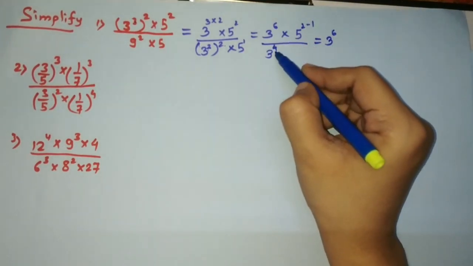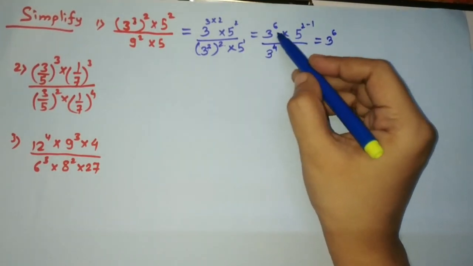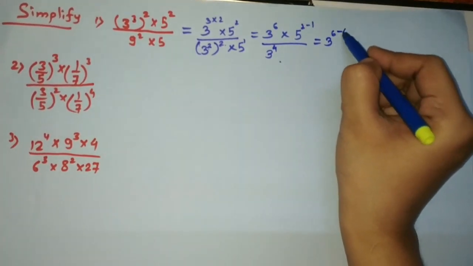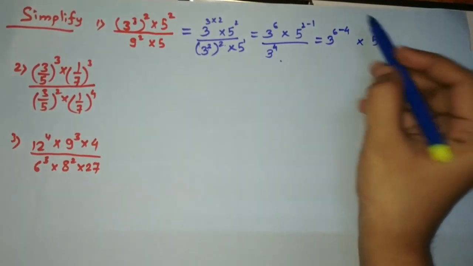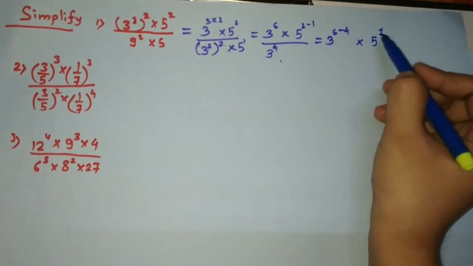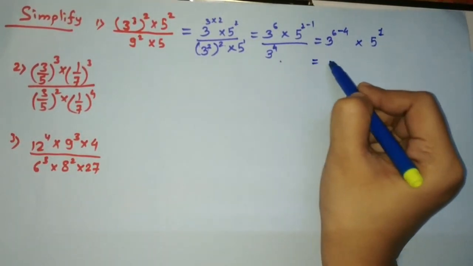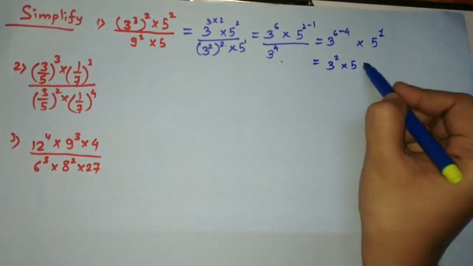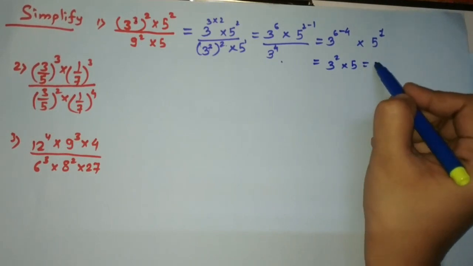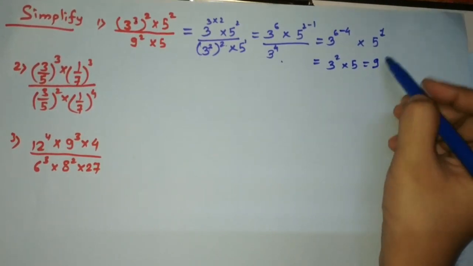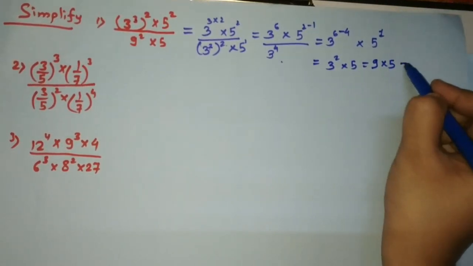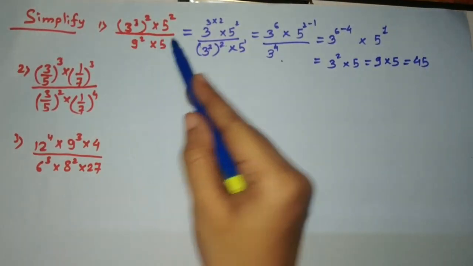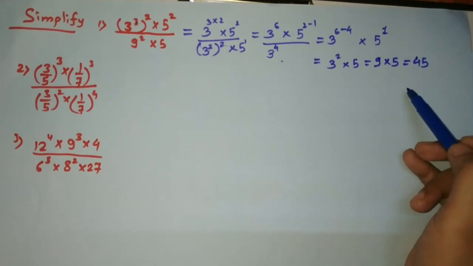And this 6 and this 4. Again we will do the subtraction. 6 factors are of 3 and the 4 factors are of 3, means we'll subtract 6 minus 4. And in here 2 minus 1 is 1. Or just simply you can write 5. So friends, what is it here? 3 to the power 2 into 5 only. 3 to the power 2 is nothing but 9. That is 3 into 3, 9 into 5. So final answer you get 9 5s are 45. So in this way we have simplified this and we have reached 45.